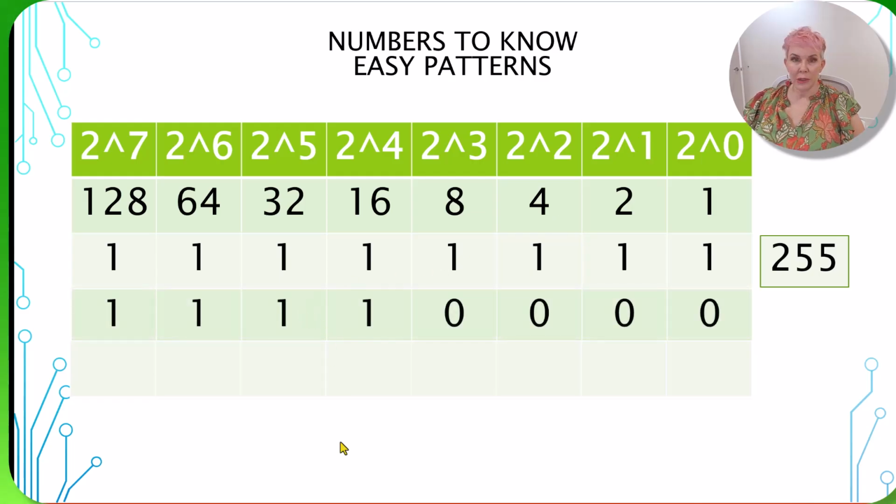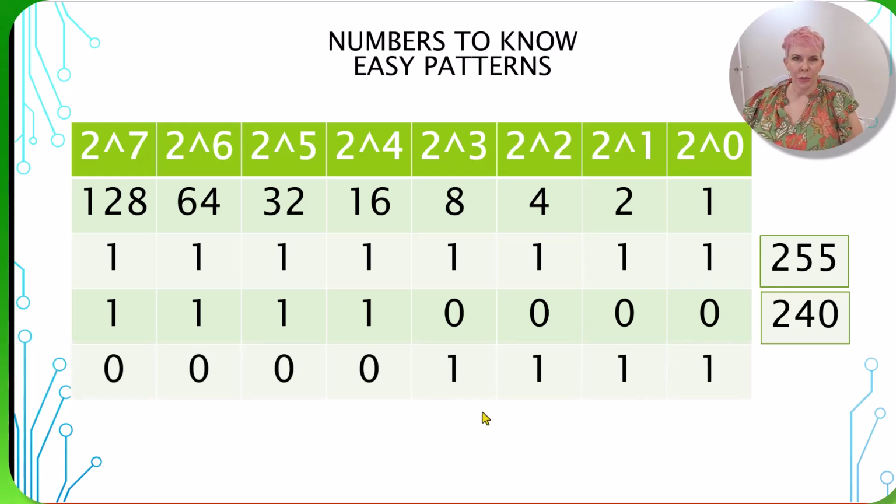Let's look at this first easy pattern. I call this an easy pattern because we can see that the first positional values are all turned on. 1, 1, 1, 1. So we have 4 ones in a row followed by 0, 0, 0, 0. Now this is 240. Whenever you see this pattern, that's going to be 240. Let's look at the next one. The next one is we've got all zeros and then the last ones are turned on. That is 15. You want to memorize those, and I'm going to show you why.